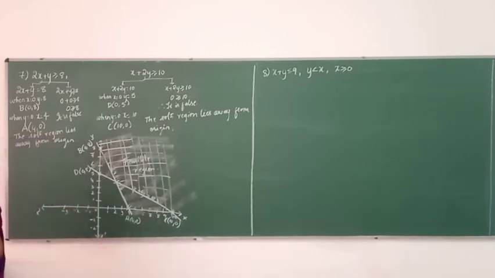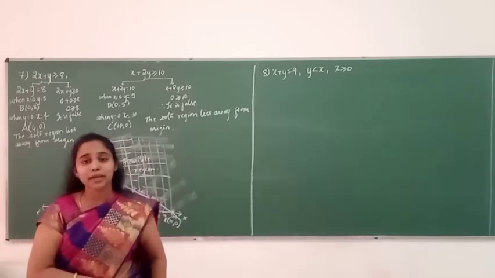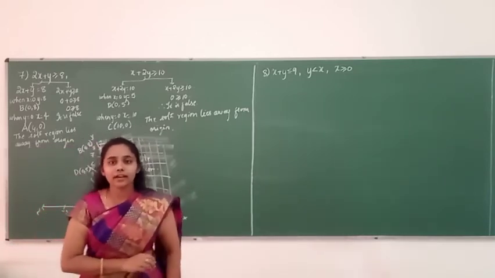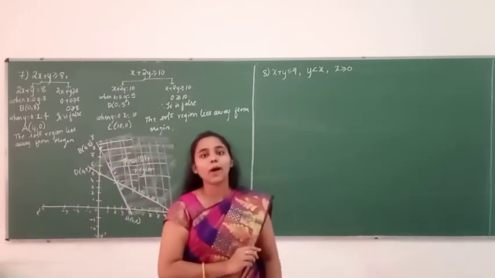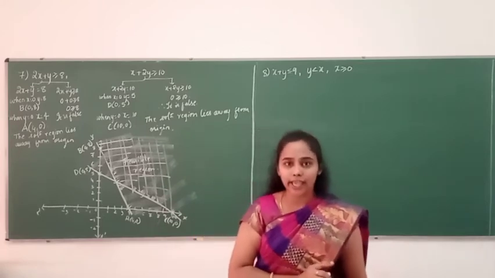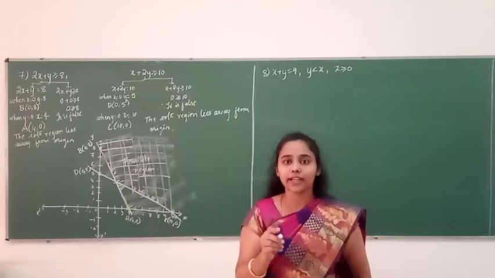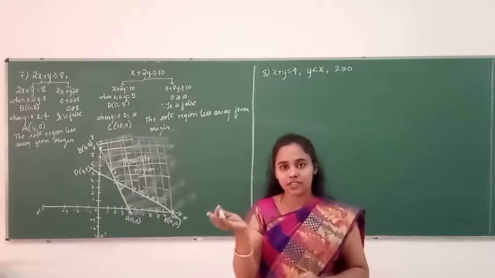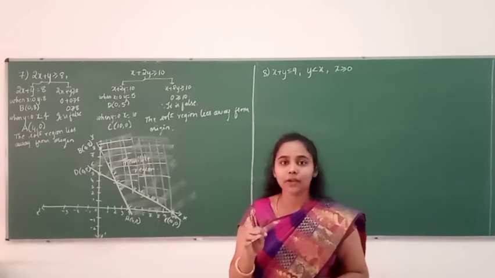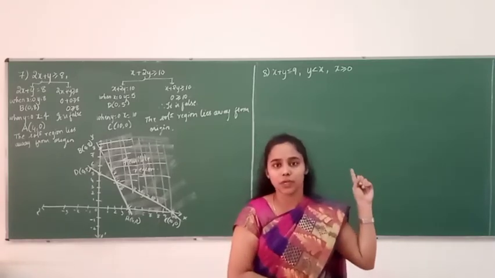Before moving on with the 8th one, the previous 4th problem which we solved, that is x plus y is greater than or equal to 4 and 2x minus y is greater than 0. There, for the second inequality we got 0 greater than 0. In that condition I said we will be considering an x point as well as a y point, and based on whether the point lies in the first quadrant or the second quadrant, we shade that region, as the line passes through the origin. Same way even this one which we are solving now.